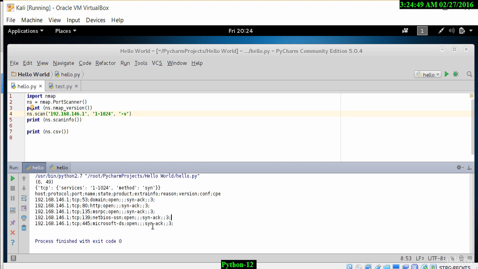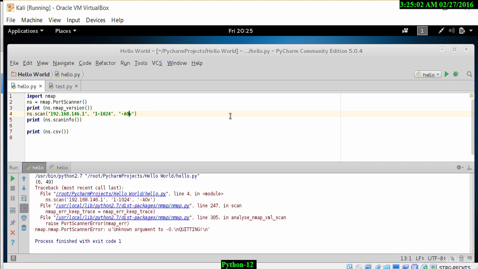It tells us the name of the actual service, like MSRPC, and if I do -AOV and run this now, it has thrown an error. Let me just change that to -AV,